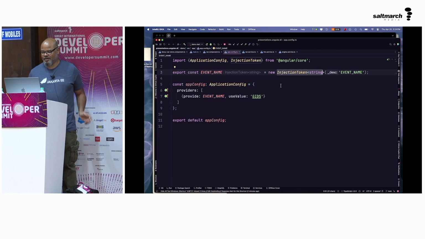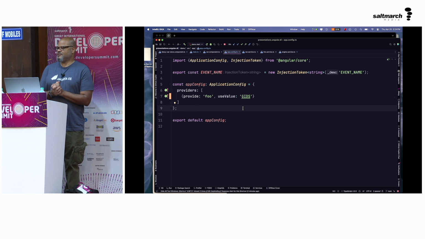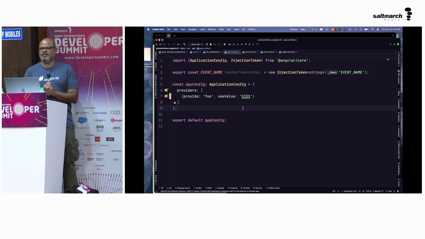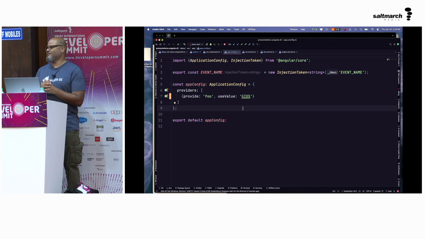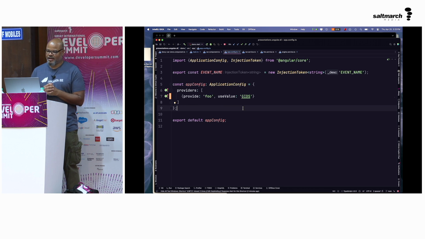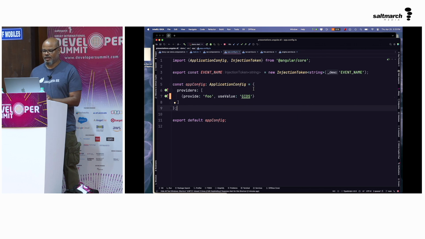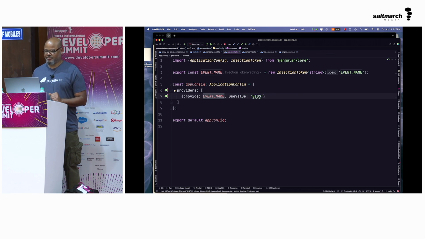However, technically, I could do something like this, right? This is perfectly valid, because the injection token is actually an any, and I can put in, well, any is one of the possibilities, right? So I can actually put in whatever I want. But usually you would put in an actual injection token like this, or a type, or something like that, okay? So I'll be good and put it back here.